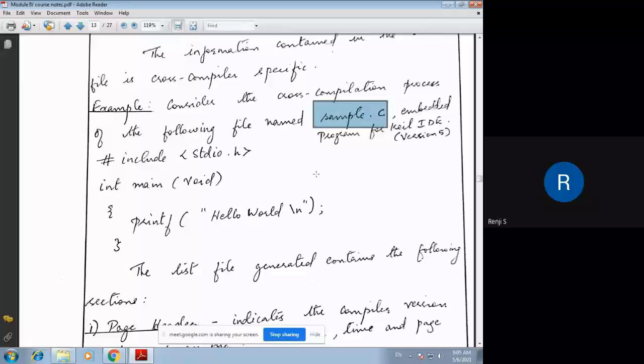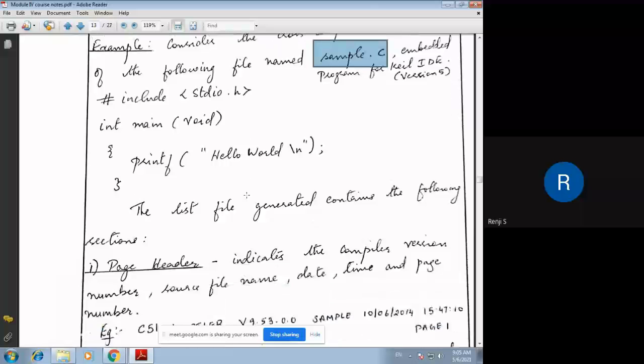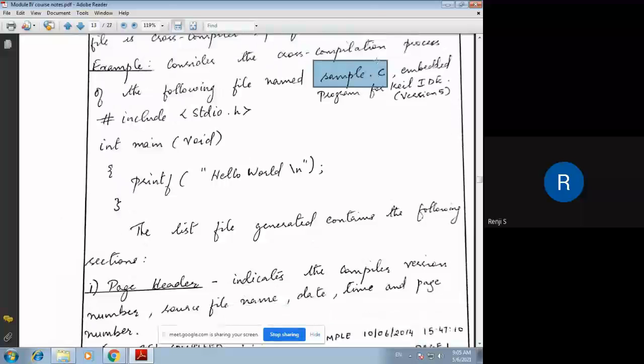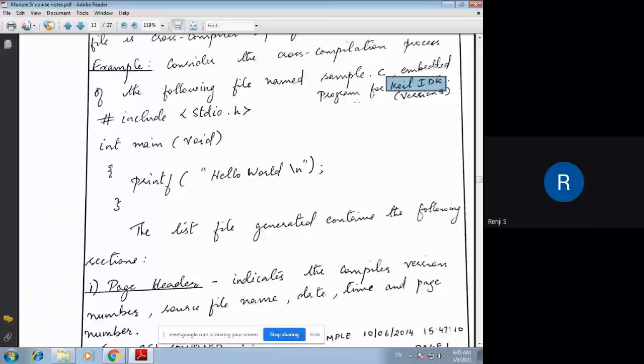We are going to compile it using the cross compiler provided by the Keil IDE. I'm going to open this Keil IDE. There is an editor in the Keil IDE for writing the code. I'm writing the C code, and then compiling it. The cross compiler provided by the Keil IDE will generate the list file.